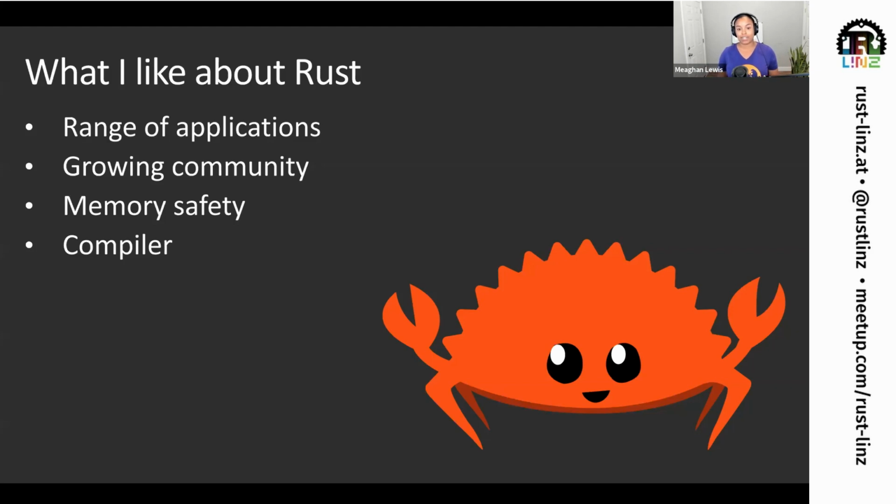And kind of along the same lines of that is the compiler. So I think the compiler in Rust is definitely your friend, and it is super helpful to figure out where problems are happening in your app and get detailed error messages about problems that are happening in your app. So definitely, I think that is something that I really appreciate, and we'll spend time looking at that today.